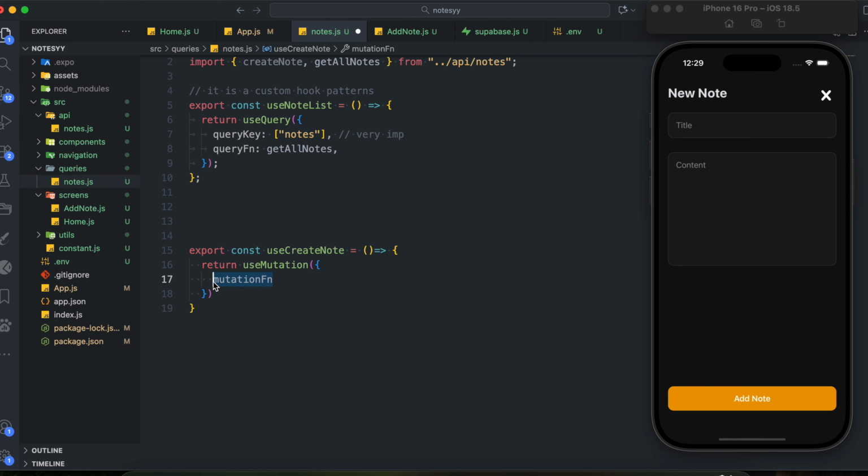So in mutating, this is the most important thing. Let me tell you something about what mutating actually is. So we have CRUD operations, right? Create, read, update, and delete. So anything except the read, that is create, update, or delete, all of them fall into the